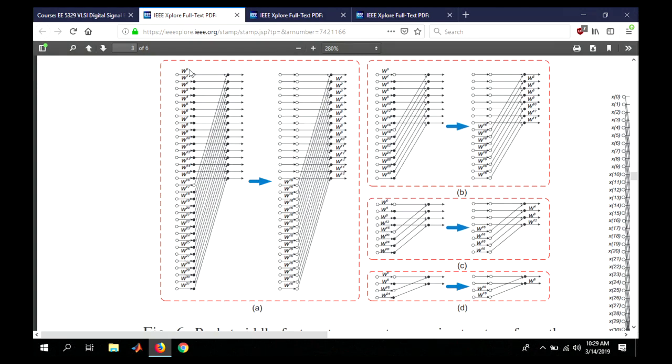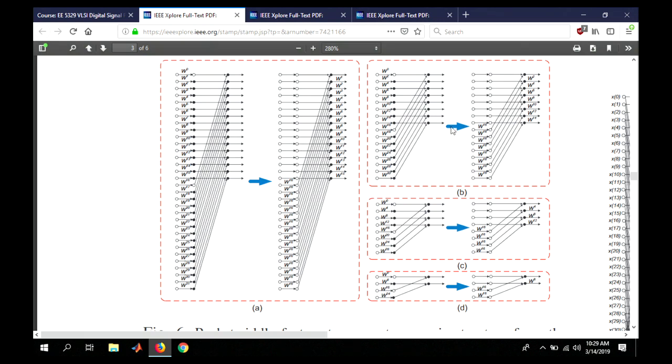These used to be w to power 0 all the way to w to power 31. So, twiddle is pushed, w to power 15. If you look at w to power 0 and w to power 16, that stays as it is. W to power 1 and 17, 1 is pushed, so now we have 16 here. 2 and 18, 2 is pushed, and at the last, 15 and 31, 15 is pushed. Now, what is w to power 16? For a 64-point FFT, that's minus j. So, that is how you get radix 2 squared.